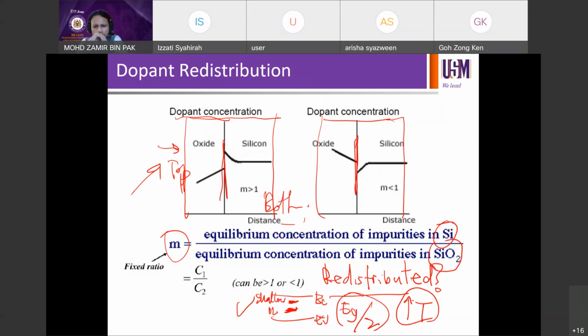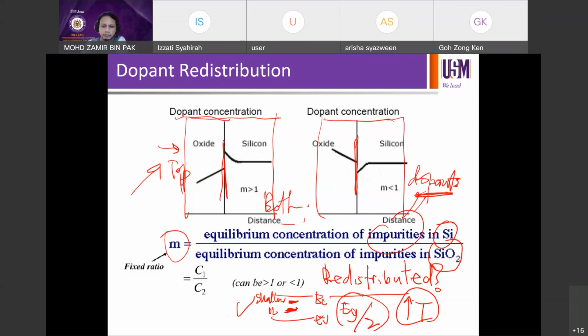So the equilibrium concentration at the interface, the equilibrium concentration of the impurities here are dopants. We talk about this in 386 as well, where we talk about desired impurities and undesired impurities. So dopants are desired impurities, right? And metals are undesired impurities. So dopants, we put them into the lattice. We want to do that, right? We do it on purpose, but unfortunately, it's going to suffer from redistribution during the process